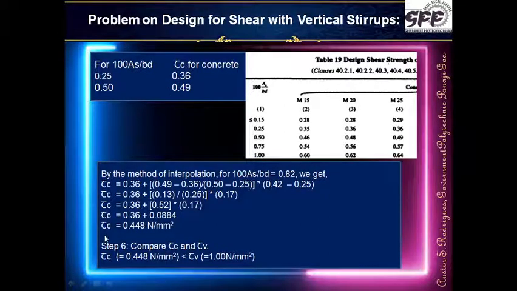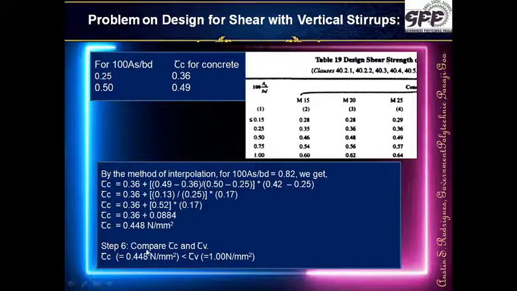So that means the inherent capacity of the beam to resist the external shear force, the external nominal shear stress, whatever is coming, is 0.448 Newton per mm square. It is its own capability because of the type of concrete, the grade of concrete, the amount of steel provided at that particular section, the aggregate interlock, and the other parameters.